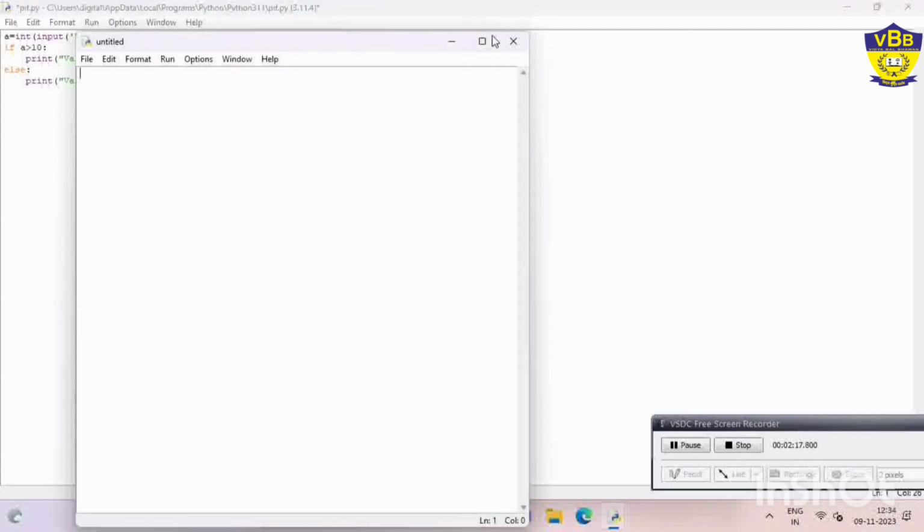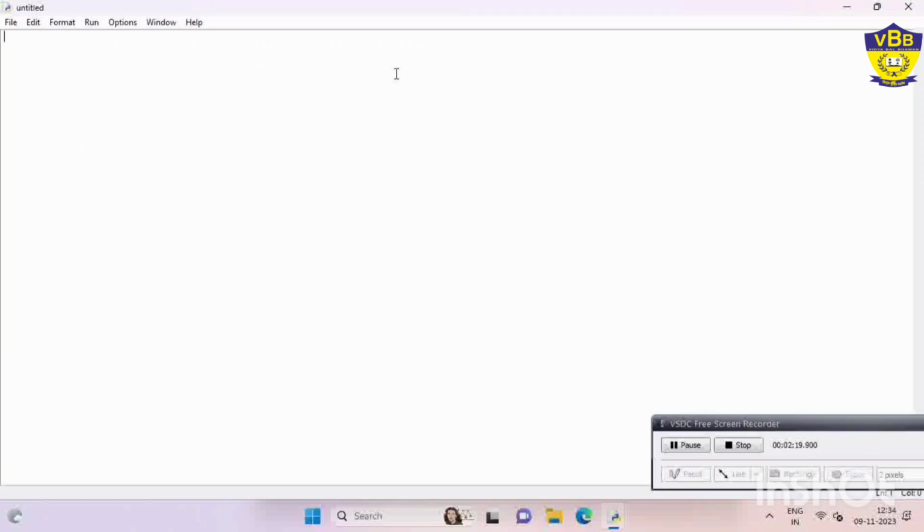Press Ctrl+N. Suppose I am writing a program for the months. If the user enters 1, it will show January. If the user enters 2, it will show February. How will you do it? Firstly, you have to ask the user to enter the choice, which number, which digit they want to enter.